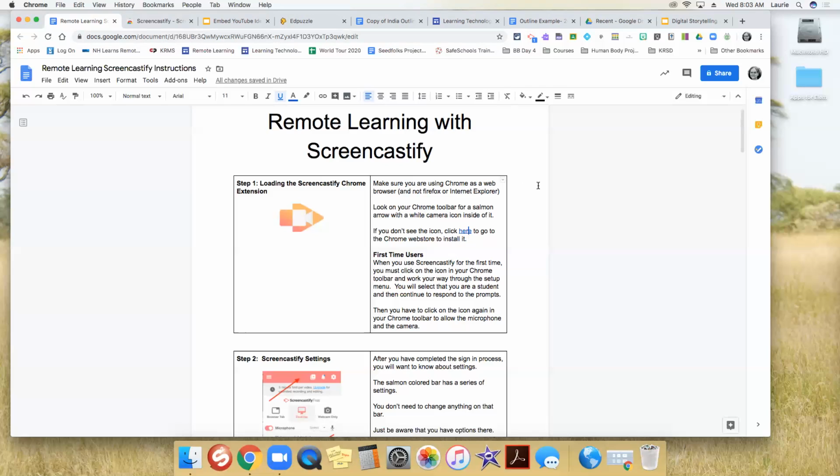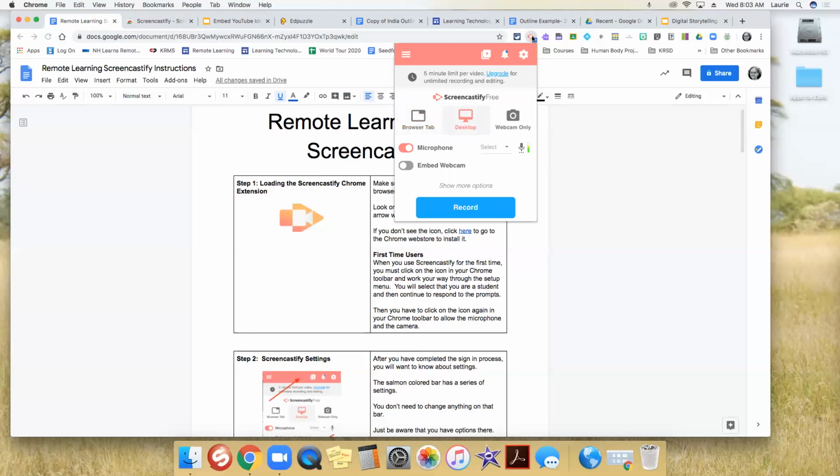And then you have to click on this icon two or three times during the setup, because first you have to authenticate the account, then you have to add your microphone and your camera. So you feel like you're clicking this icon two or three times before something happens. Eventually, when you click, you want to be able to see this toolbar here. That's what you're looking for: when you open it, you see this screen.